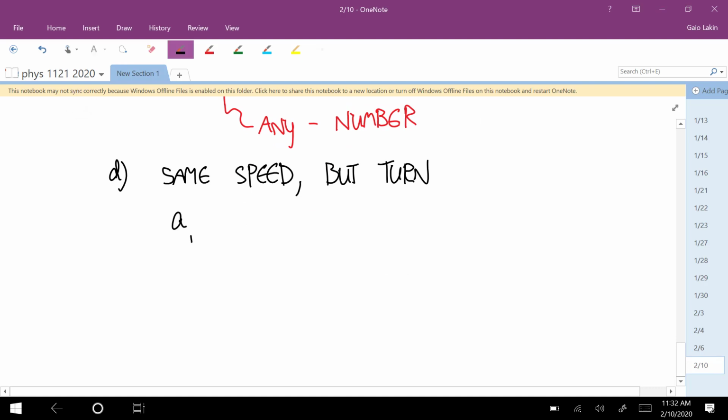Well, this time, since the speed isn't changing, the parallel part is 0. The perpendicular part has to be something. It doesn't matter what this is, but it can't be 0. And so if you can come up with components that are perpendicular to those two,